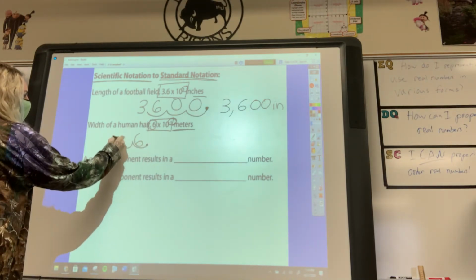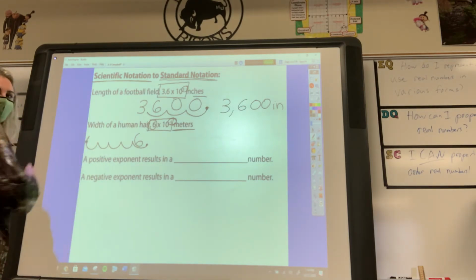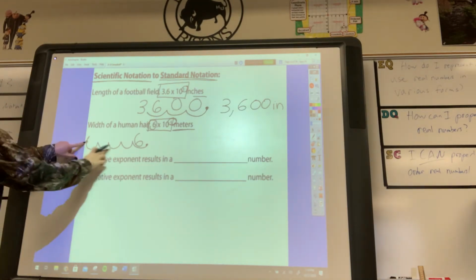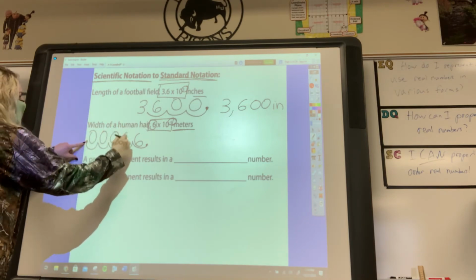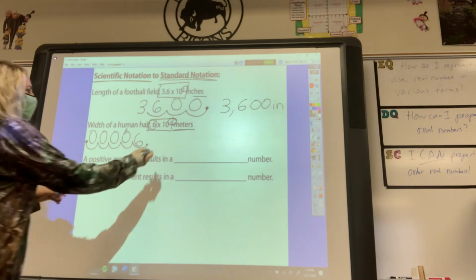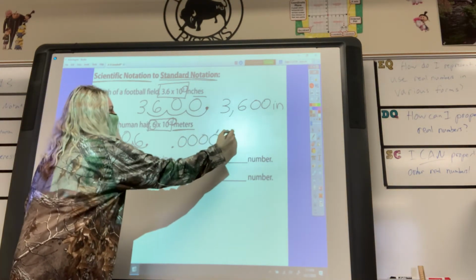1, 2, 3, 4, 5. My new decimal place is going to be here. And in each of these little divots, I'm going to add a 0. 1, 2, 3, 4. So our new number is 0.00006